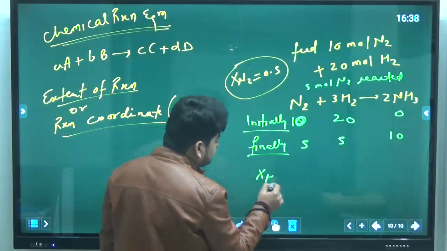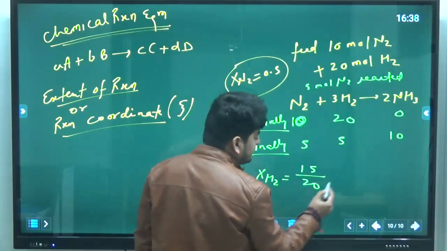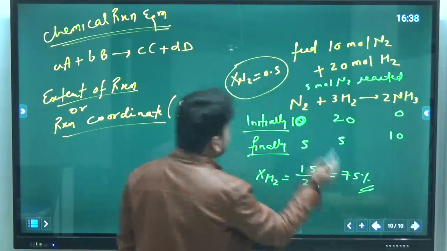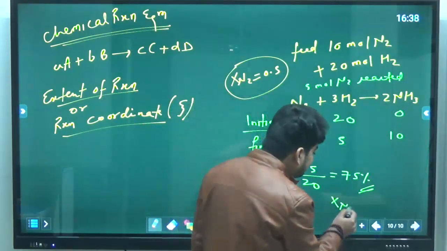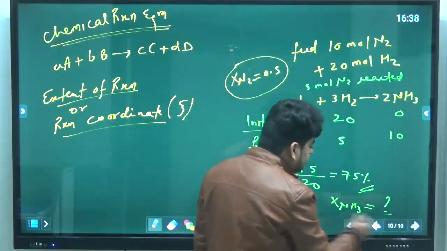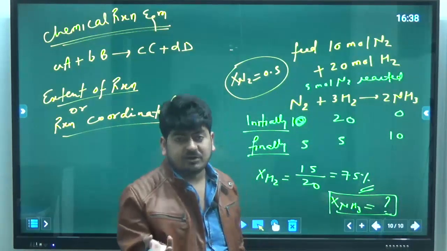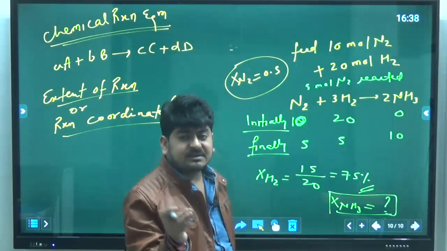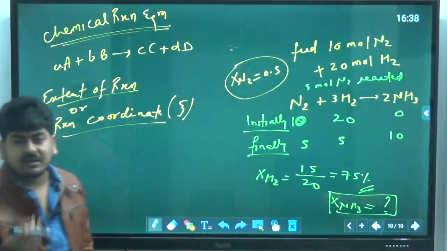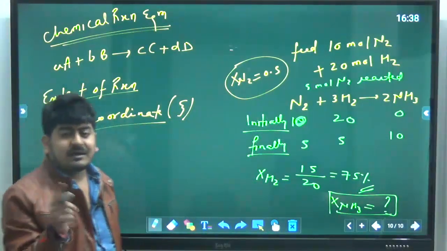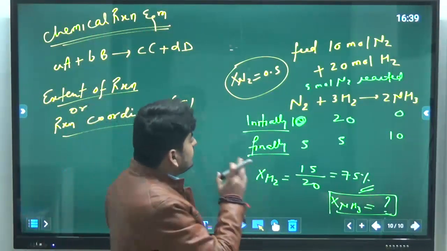Okay, so here if you see, what is the conversion of hydrogen? That is moles of hydrogen reacted divided by total moles. So you can see that is about 75%, while for nitrogen it is 50%. Okay, and what is the conversion for ammonia? If someone asks you to calculate the conversion of ammonia, you will say not possible, because ammonia is a product, and conversion is a parameter which is defined only for the reactants. So for a product like ammonia we can't define the conversion. So this is the limitation. Second, conversion can't be greater than 1. It has to be between 0 and 1 only.